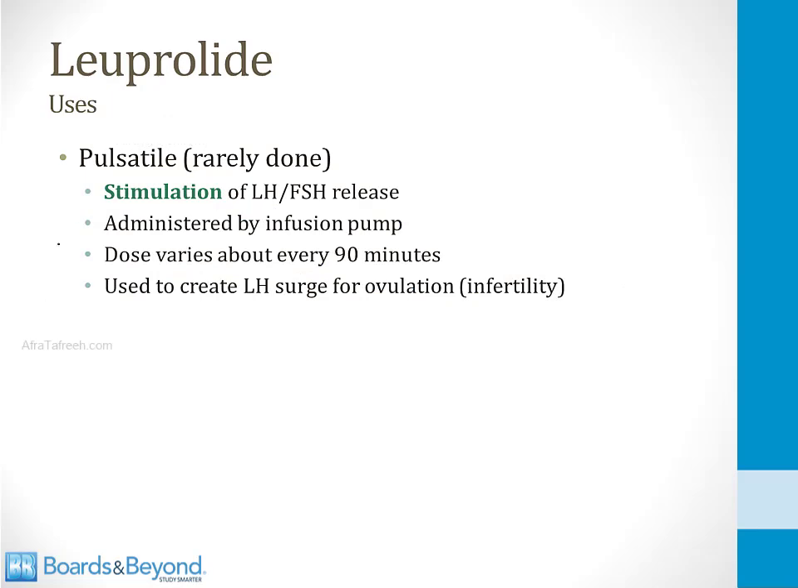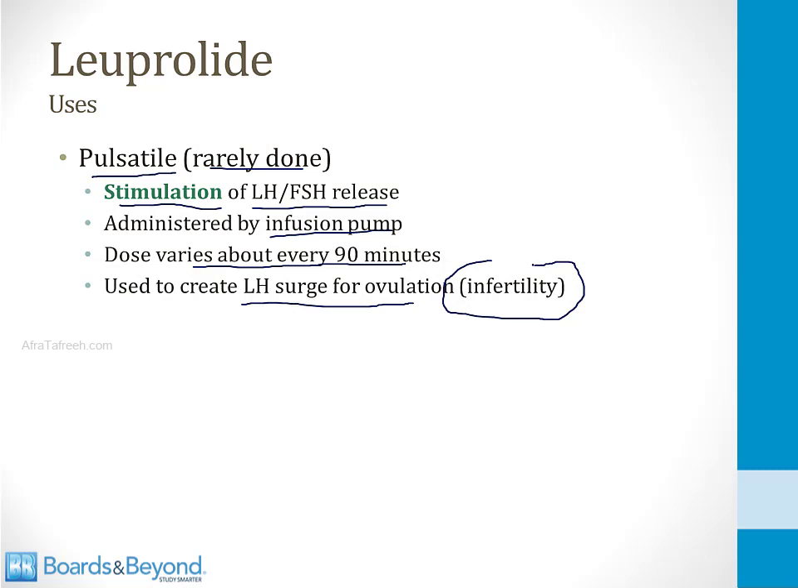The first is to administer leuprolide in a pulsatile fashion. This is rarely done anymore. This is using leuprolide as an agonist. It will stimulate LH and FSH release. To do this, you have to administer leuprolide by an infusion pump. The dose varies every 90 minutes, and it's used to create an LH surge for ovulation in infertility. We now have better ways to treat infertility, and thus this pulsatile administration of leuprolide, which is very cumbersome, is